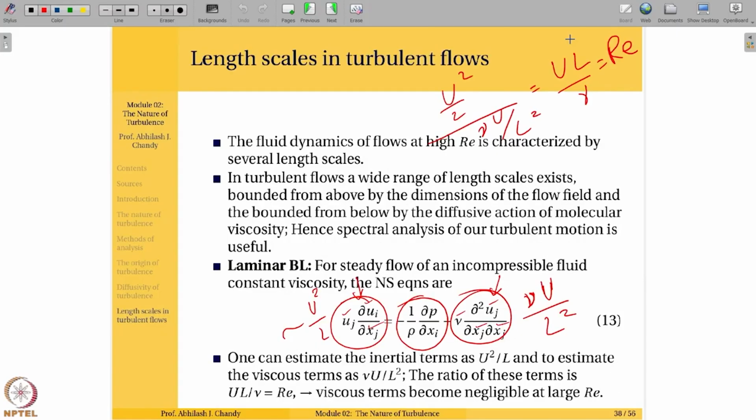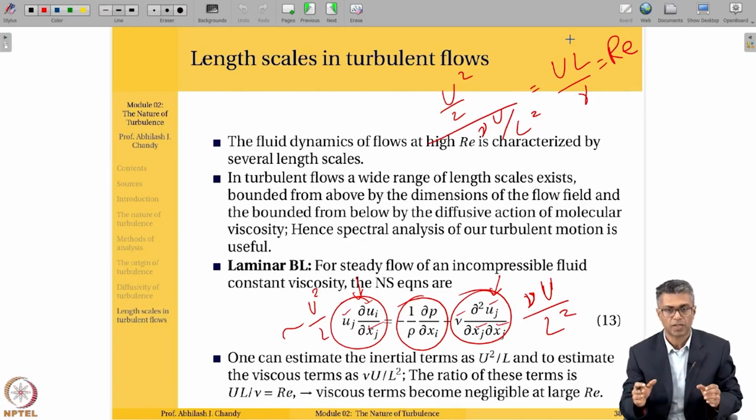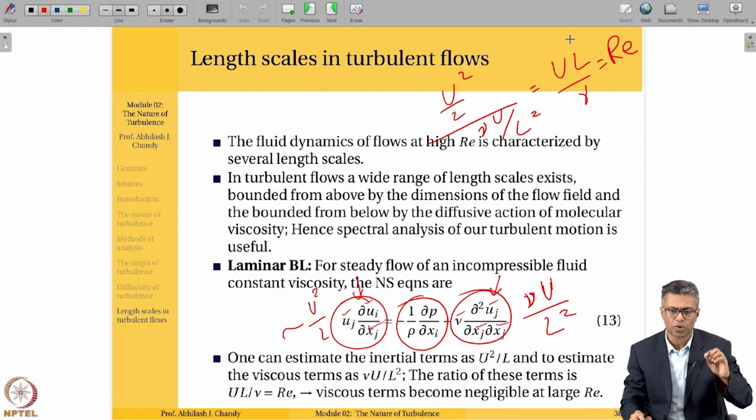Hello everyone. So in the last class, we were looking at different scales in terms of the Navier-Stokes equations, right? We wanted to look at the different length scales in turbulent flows, especially because turbulent flow is made up of a wide range of length scales. So we started by looking at the Navier-Stokes equations, and we did a scale analysis of these equations